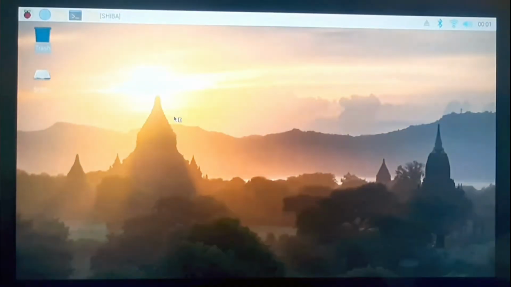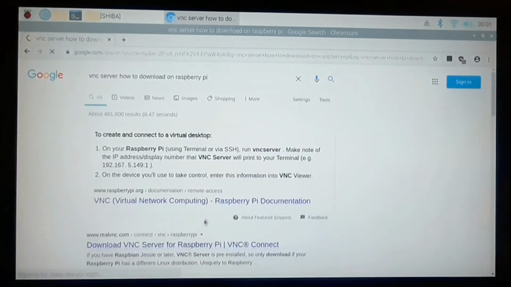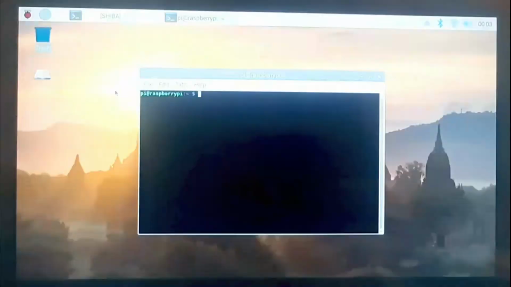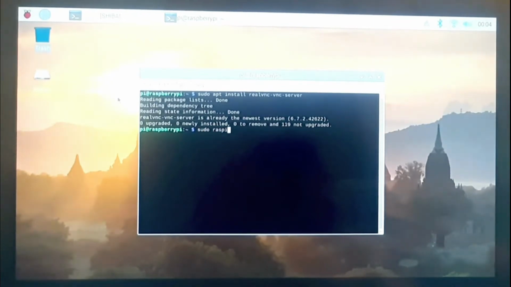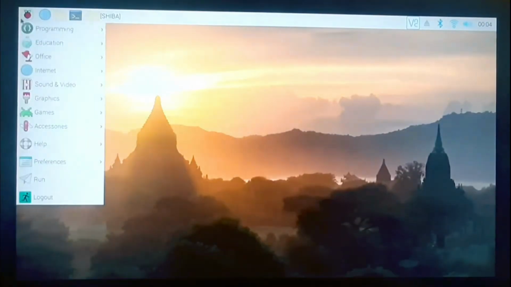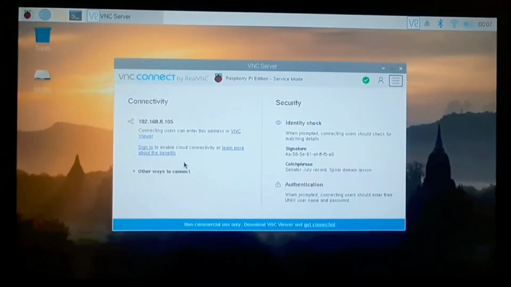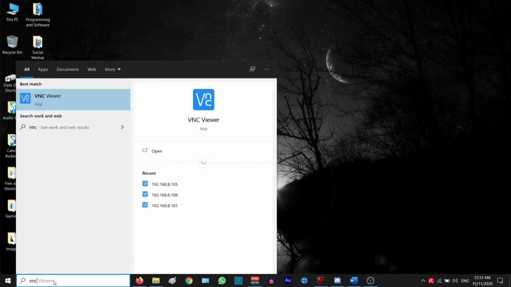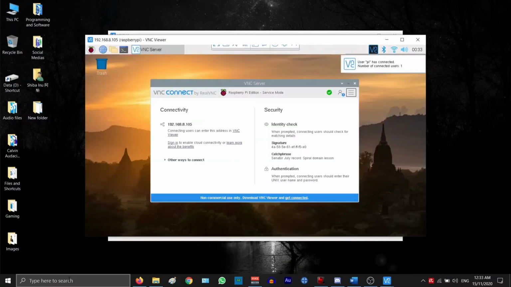Next, Chromium is opened and the tutorials of a software installation are studied. Then VNC server is chosen, installed and set up so that other teammates can access this microcomputer remotely as well. Here is a sample of how a computer can access a Raspberry Pi using VNC Viewer to connect to the